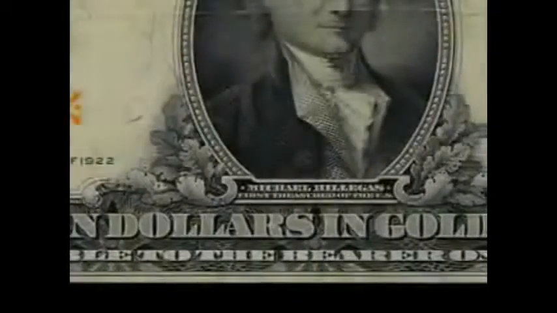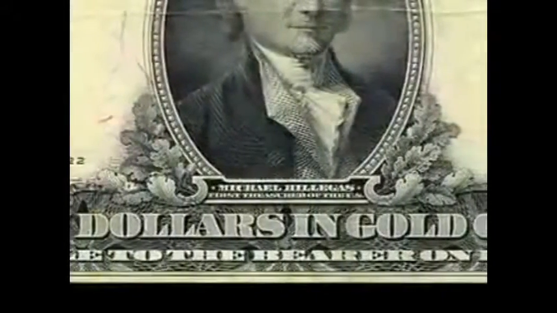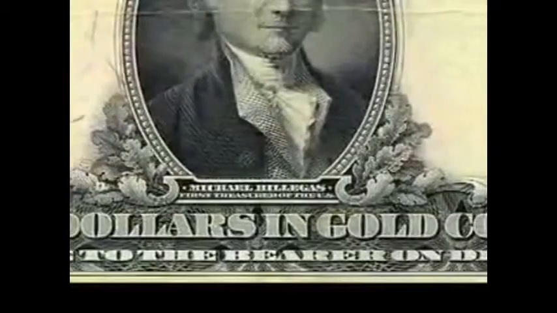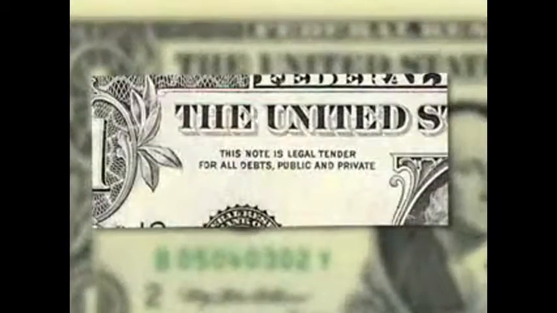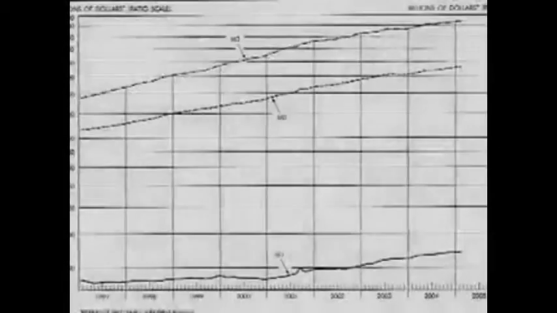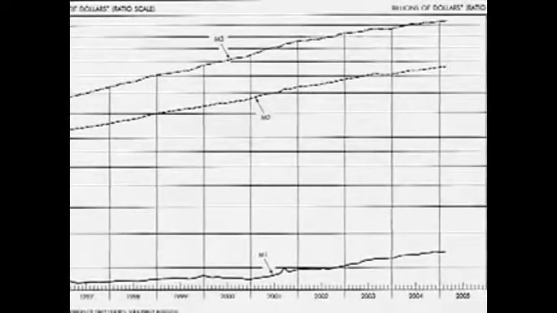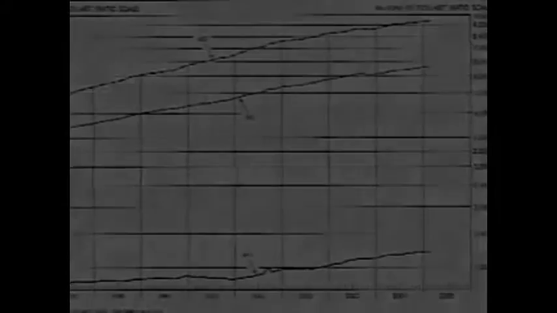If you look at a dollar bill from before 1933, it says it is redeemable in gold. You look at a dollar bill today, it says it is legal tender, which means it is backed by absolutely nothing. It is worthless paper. The only thing that gives our money value is how much of it is in circulation. Therefore, the power to regulate the money supply is also the power to regulate its value, which is also the power to bring entire economies and societies to their knees.